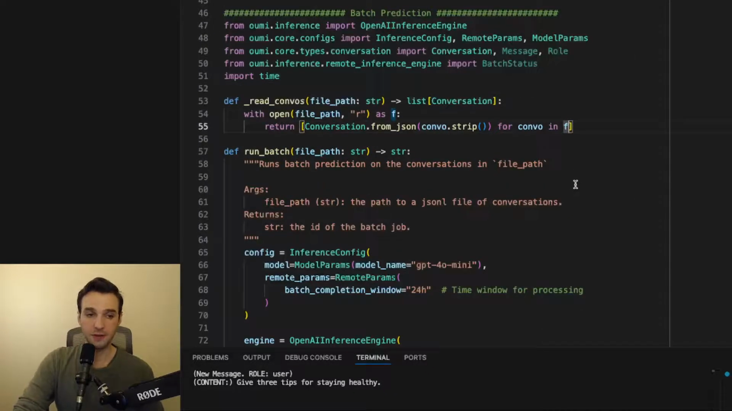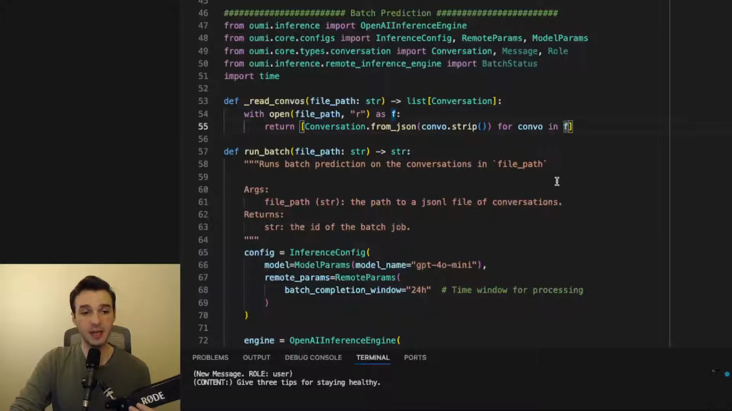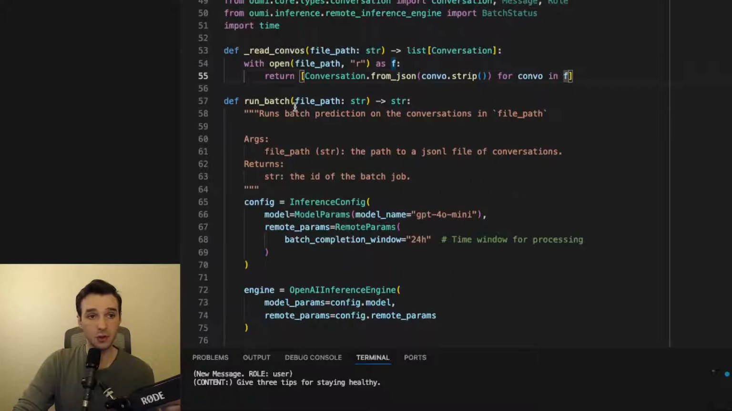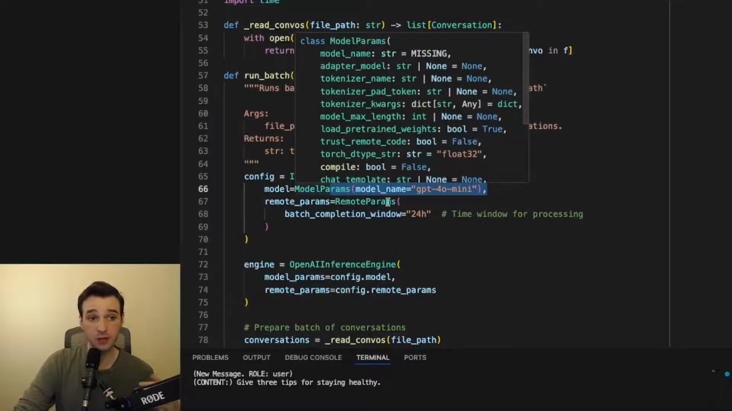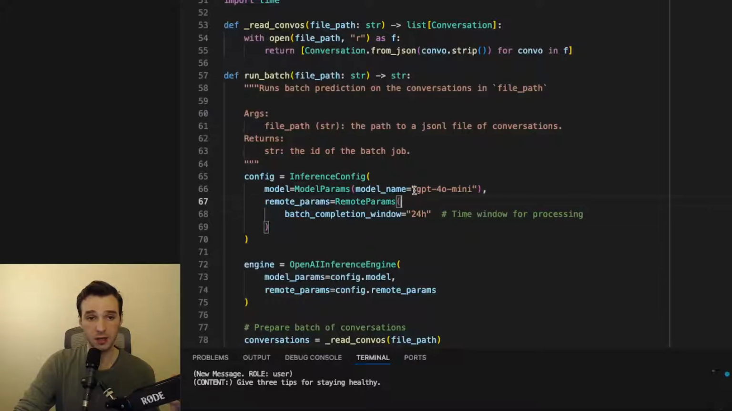So to run batch inference in Oumi, you just need to do a few things. Under the hood, we're actually instantiating inference engines when we're actually running these pieces. I covered that in my last video. If you're unfamiliar, please take a look there. So to run batch inference, we're going to create an inference configuration. We're going to specify the model we want to talk to. In this case, we're going to now talk to the OpenAI API, and we're going to talk to the GPT-4o